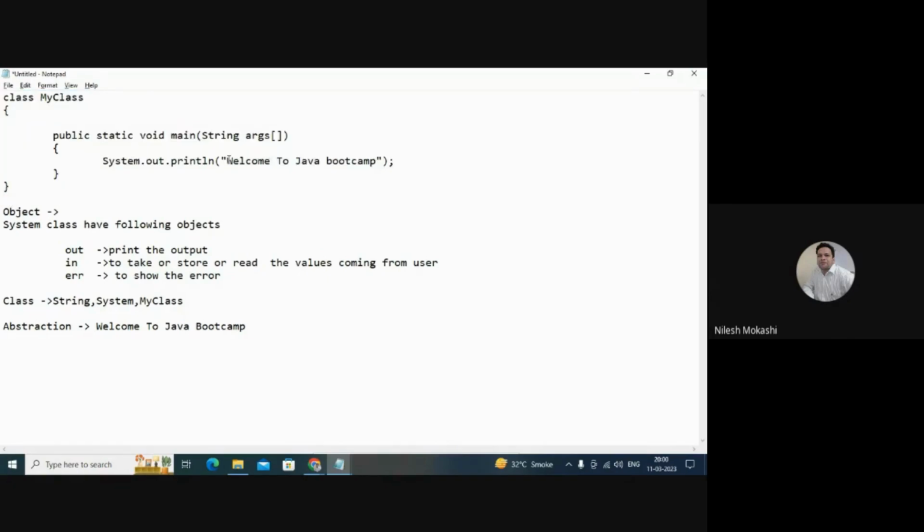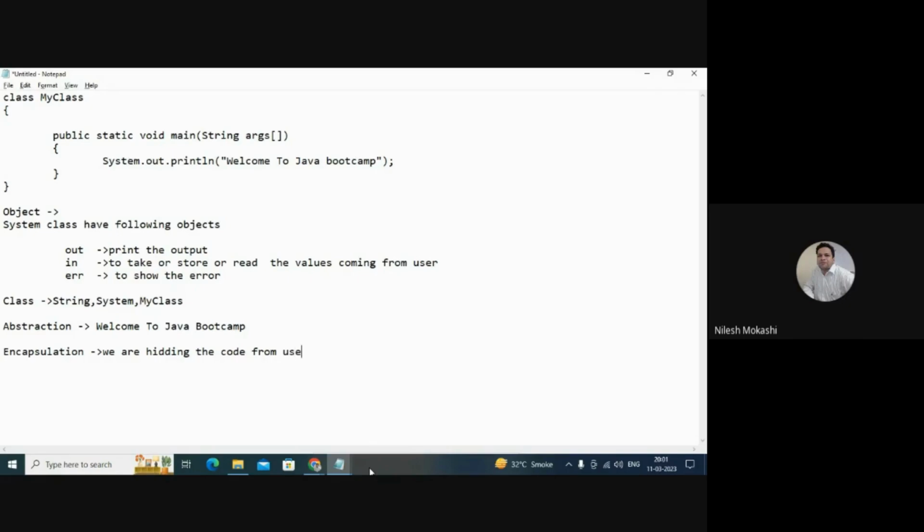When the user sees this Welcome to Java Bootcamp, his requirement will be fulfilled. That means we have done the abstraction. Whatever he or she wants to know, we have printed on the output screen. So this is the output which my user wants to see. I've shown this particular message, and that is called the abstraction process. Okay, encapsulation. In encapsulation, we are hiding the code from the user.